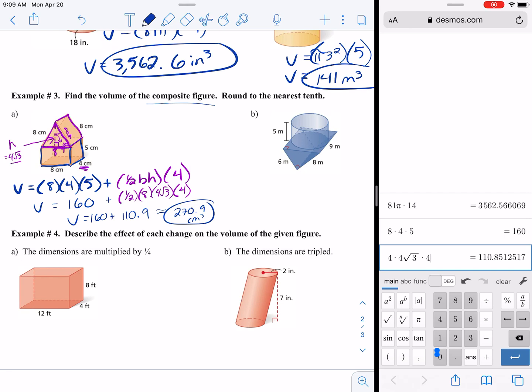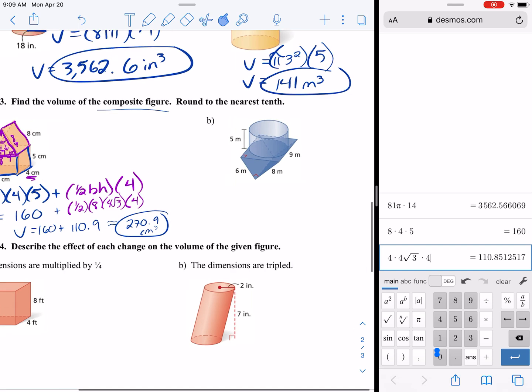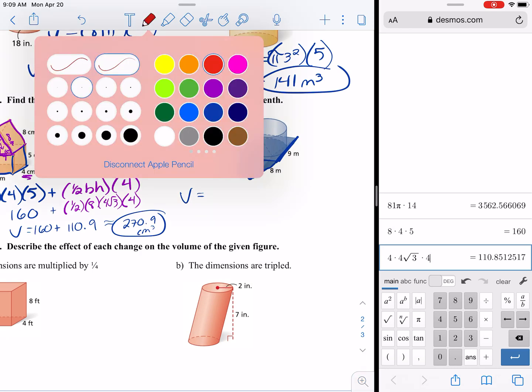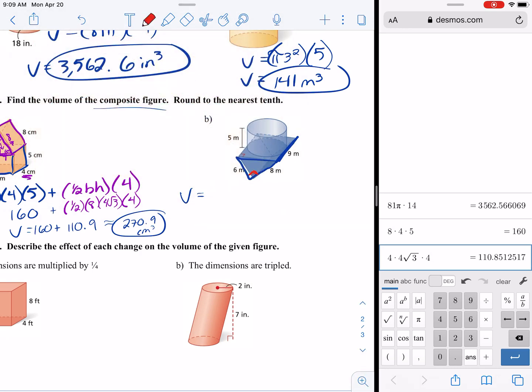Okay, so for example B, I would have first found the volume of the triangular prism. Remember, your height is 9, and then the base here is 8 and 6, and those are actually your base and your height because, again, they meet at 90-degree angles. So the volume would equal 1/2 times 8 times 6, times the height of 9,